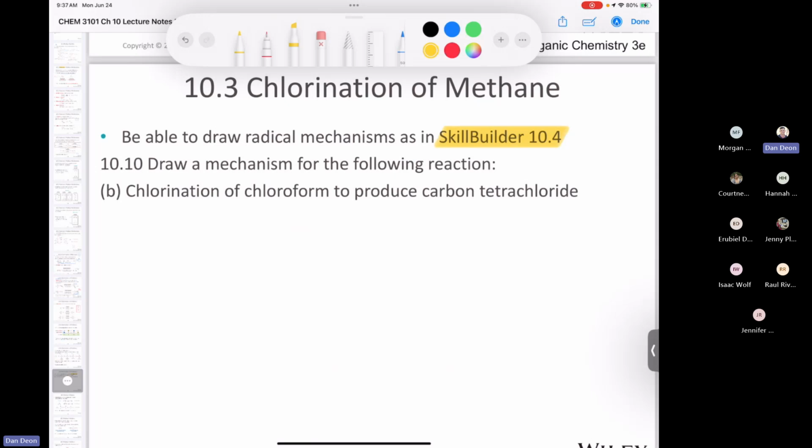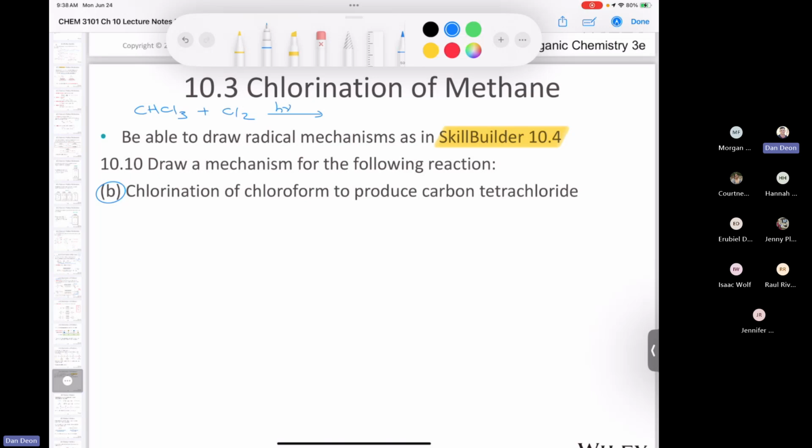Absolutely, they ask questions about radicals. And so this question here is just saying, draw the mechanism for the following reaction: the chlorination of chloroform to produce carbon tetrachloride. So let me pencil down what the reaction is. It's saying, could you draw the mechanism of taking chloroform, which is CHCl3, add chlorine,